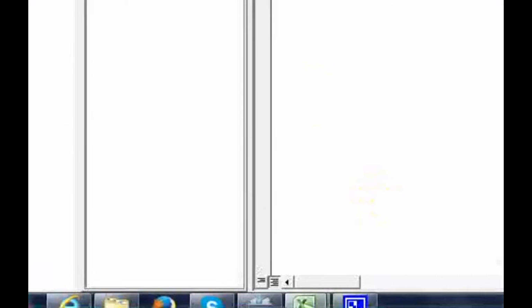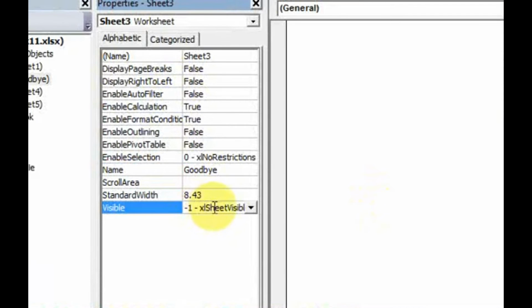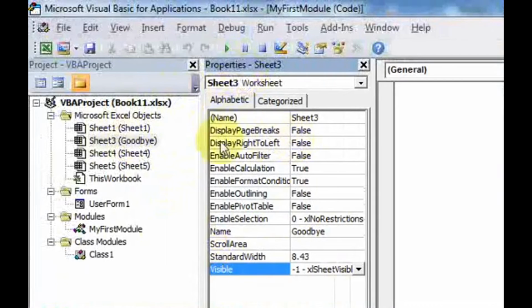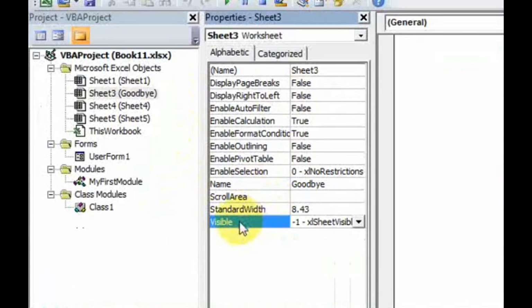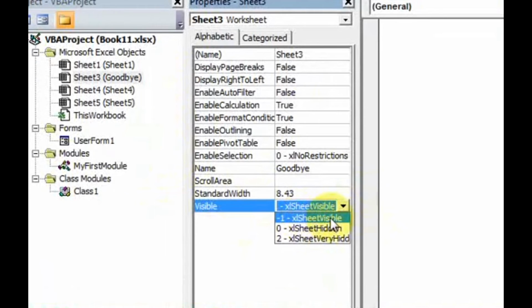Another thing you can do, as a quick example with playing with these properties, is make a sheet visible or invisible. So if I go down here to the properties window for Sheet 3, I see this Visible property. Right now it's set to -1, which is visible, and 0 is a choice that you can select for the Visible property, and 0 means it's hidden. So if I select 0 here,